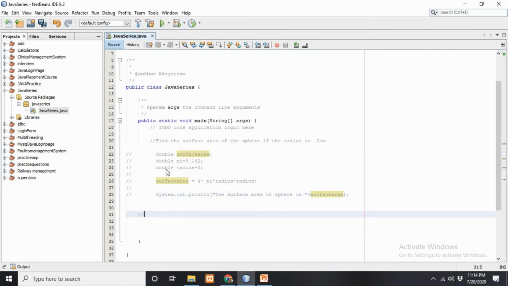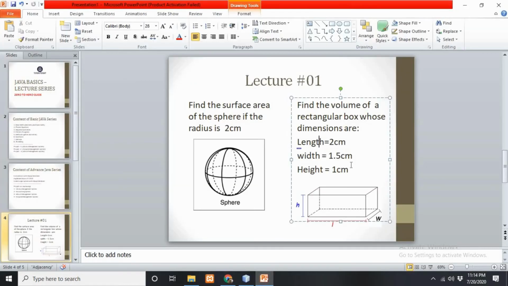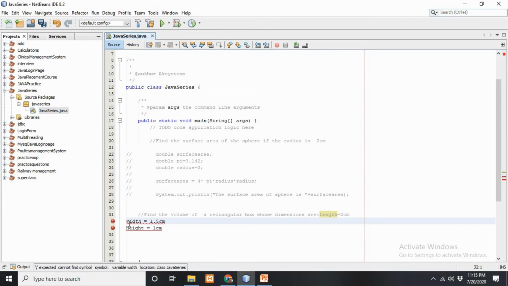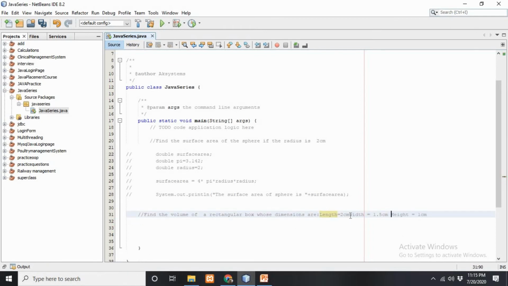Okay, again I am going to create a comment and paste all the stuff here. Okay, so the stuff is printed in the comment section. Right, now the question is: find the volume of a rectangular box whose dimensions are length equals 2, width equals 1.5 and height equals 1 centimeter.